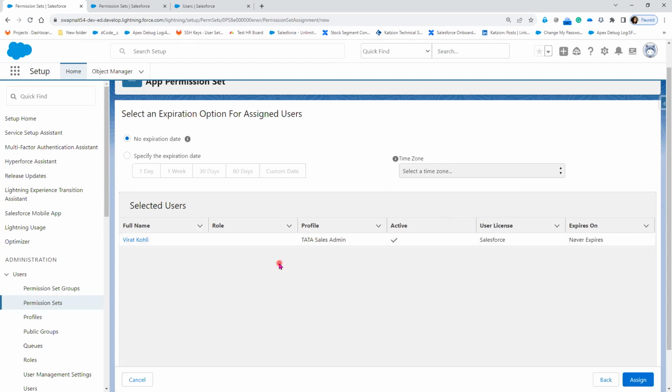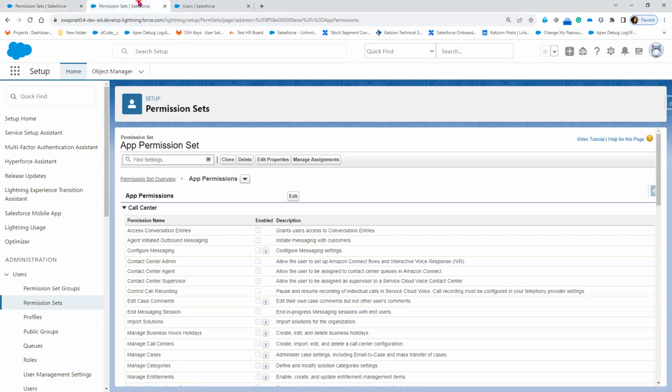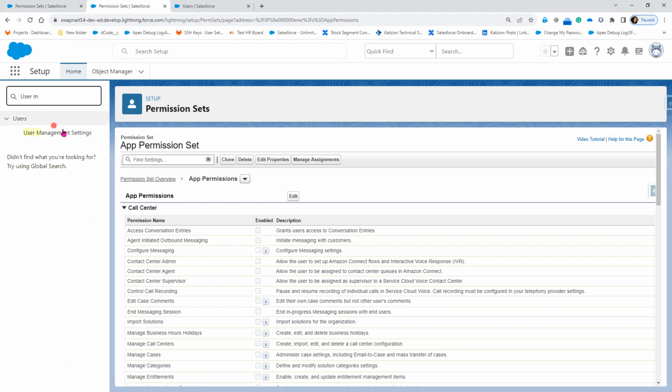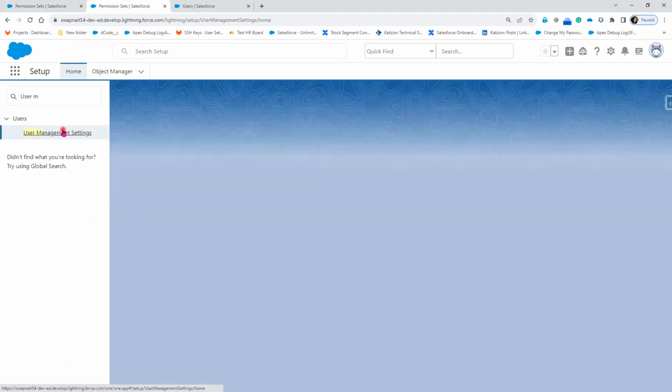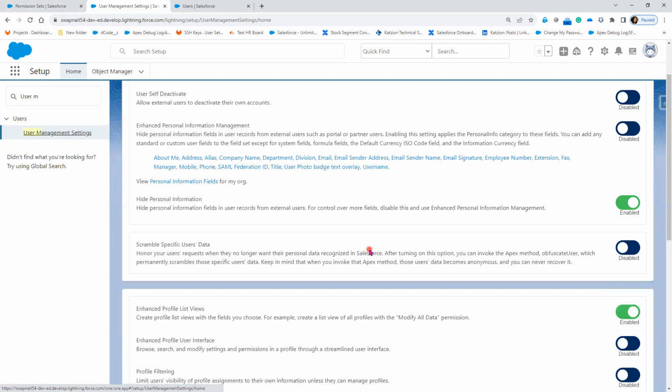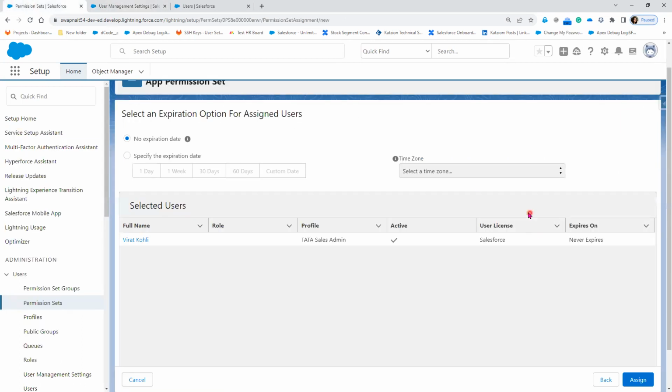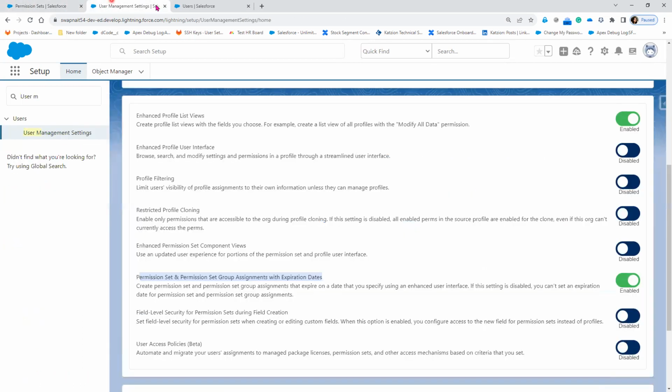Now, in case I do not want to see this screen, what we have to do is go to the user management settings. Click on this user management settings. And here you have a permission set group assignment with expiration date. If I turn this on, I can see the expiration date here. If I turn it off,